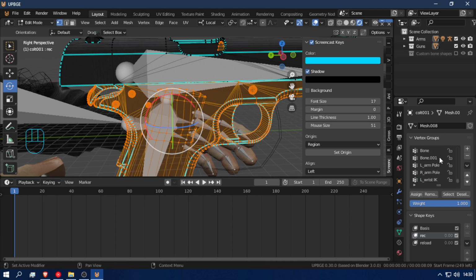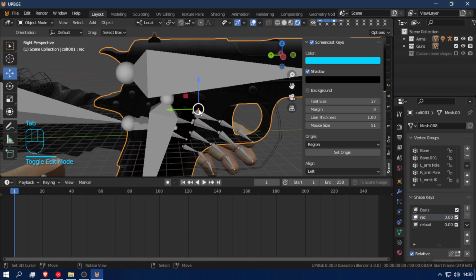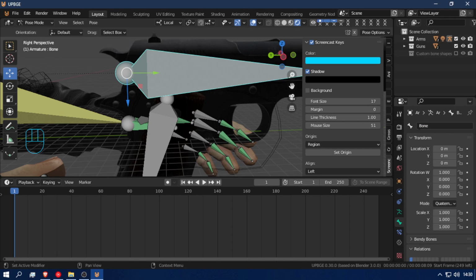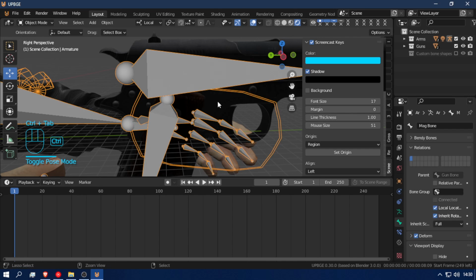So now I'm going to have to go and look for the gun bone, and I think it's going to be at the very top. If not, why isn't it there? I could have sworn I renamed these. Sorry about that. Okay, so